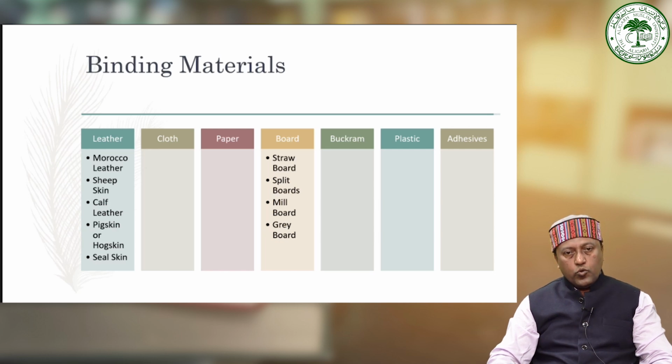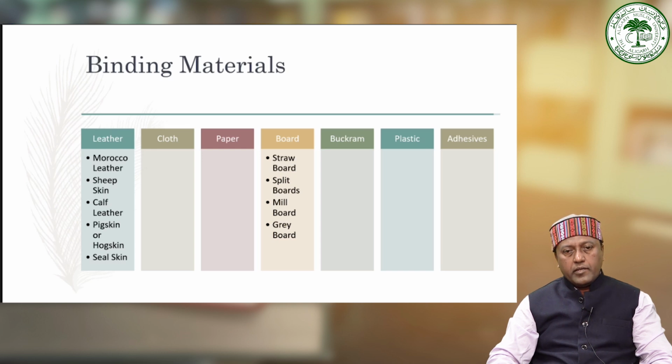So this is known for durability and toughness, makes it suitable for heavy duty binding, and it is not a soft or luxurious or any other type of leather. Pig skin is valued for its strength and resistance. This is not a luxurious kind of thing. It is brittle, hard and durable, tough. So the pig skin is valued for its strength and resistance to wear and tear, and it is commonly used